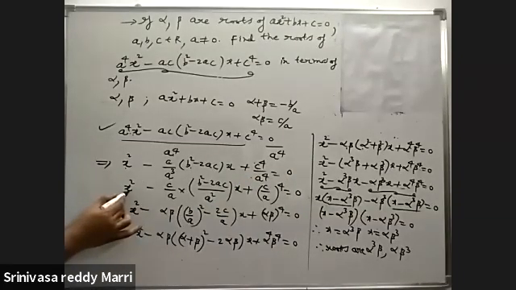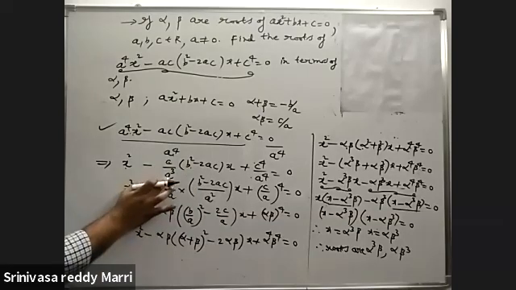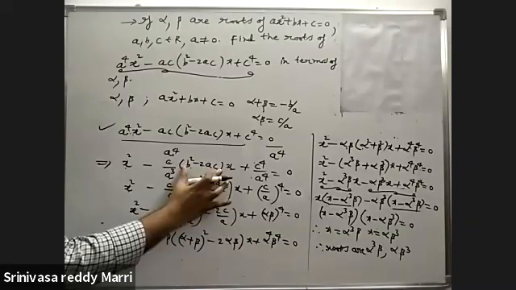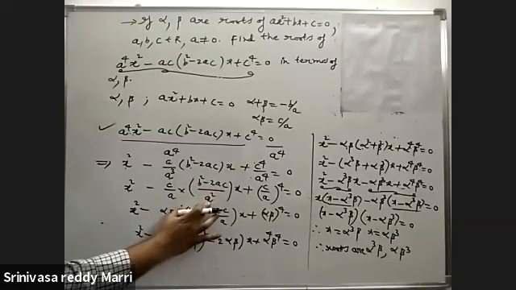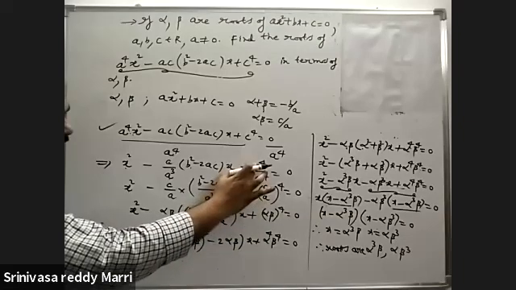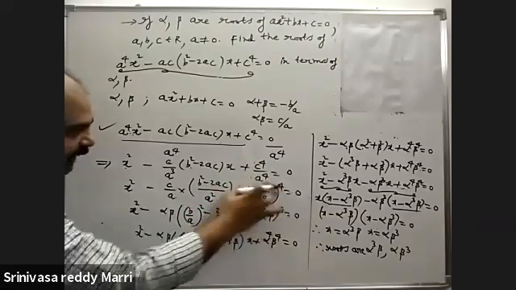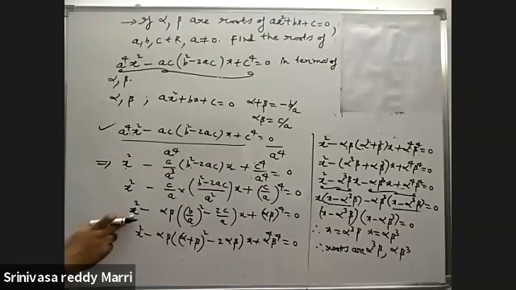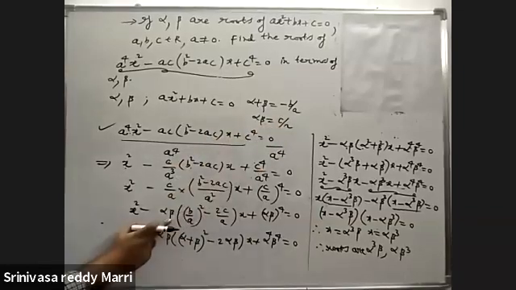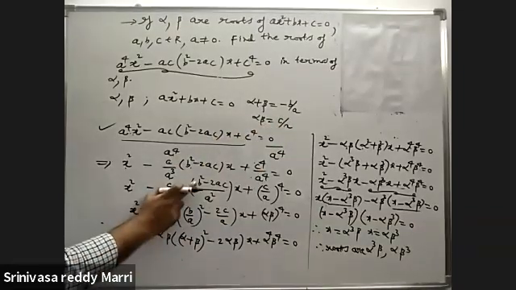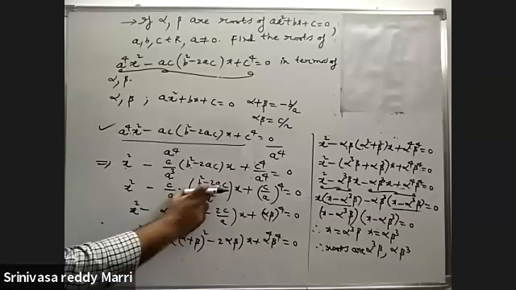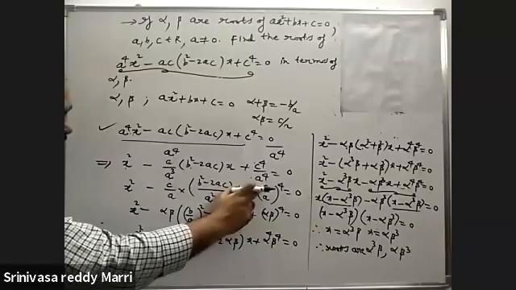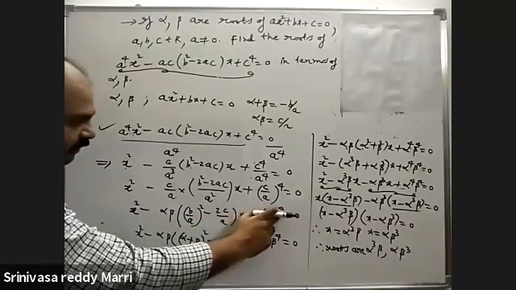So x square, this I have readjusted. 1a here, c by a into a square. I have brought it inside the bracket, divided by a square, x. This I have written as c by a to the power 4. My target is to write this in terms of alpha, beta. Okay, now x square. C by a, you know, c by a is alpha beta. Into this I have adjusted, b by a whole square, minus this divided by this, 2c divided by a into x. C by a is alpha beta, whole power 4.